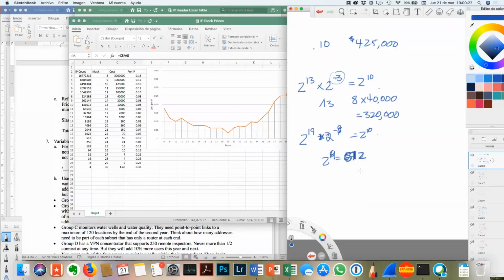So what's that going to cost me? 512 times, he whips out his calculator, my peripheral vision, times $260, and he tells me the answer is 133,000. It's $300,000 less for exactly the same thing. Now, if you can get them to give these to you all contiguously, you can still advertise a /10 to the outside world. Just group them all together. And you tell them, do not give them to me as separate subnets. Let's group. They will be happy to do that,